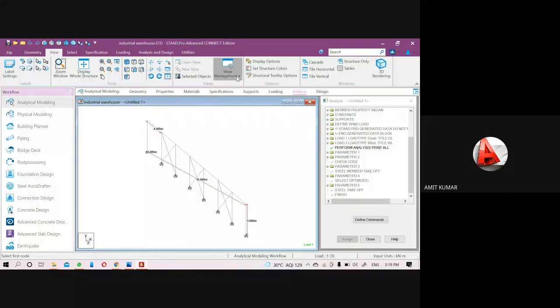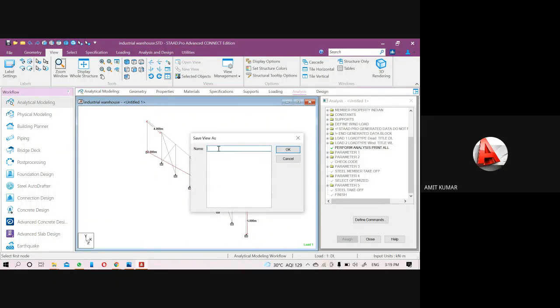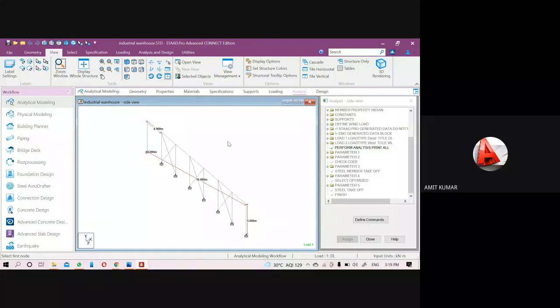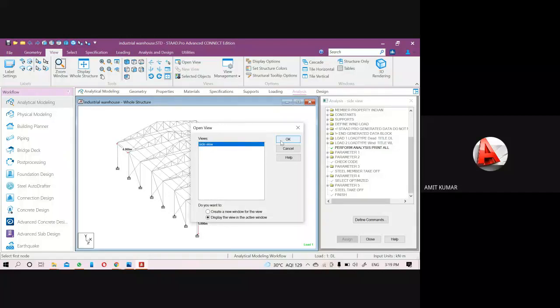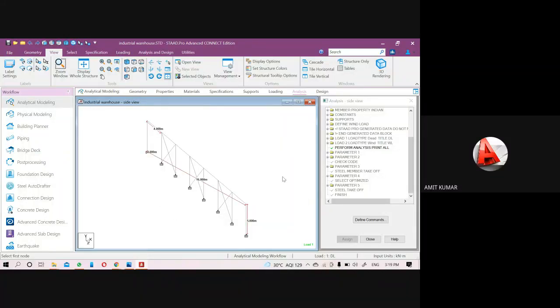Then through the view management, you can save this view with any name like side view. So whenever it is required to open your side view one more time, just go to open view and select that particular side view, then you will be able to open that view at any time.